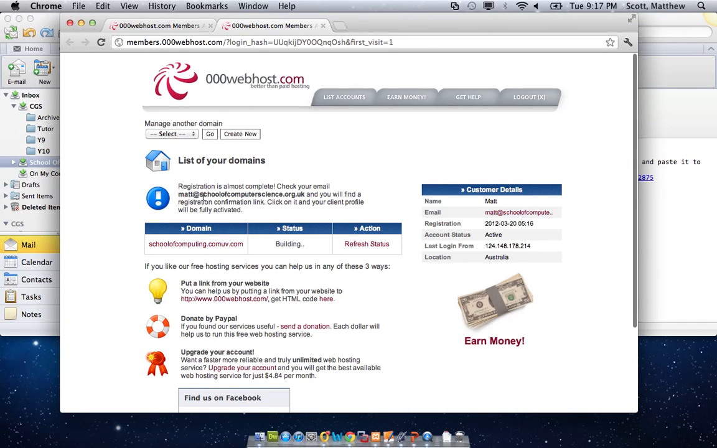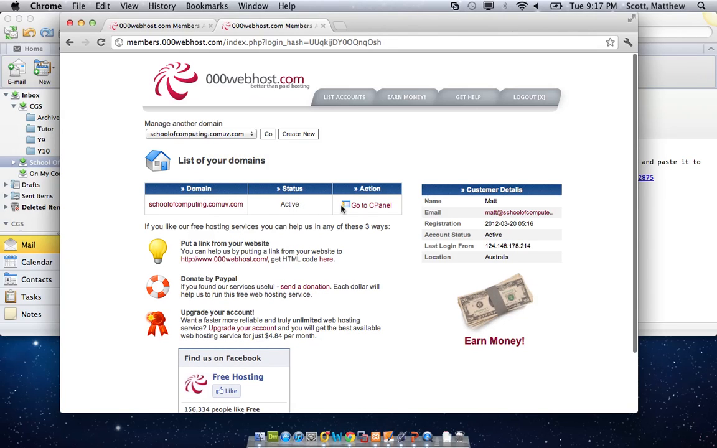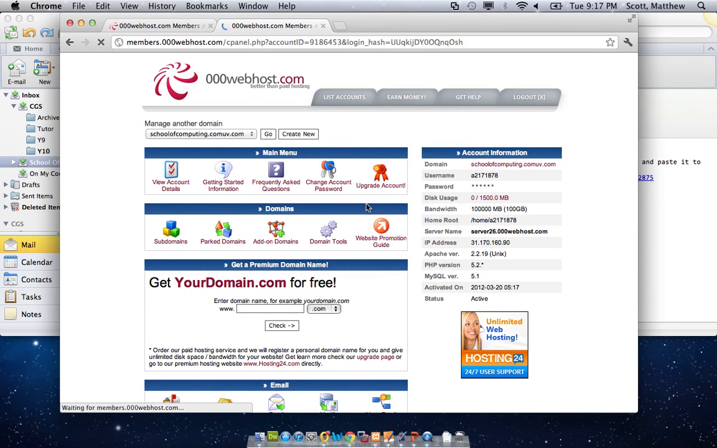and now it says that the registration is almost complete. Check your email. I've done that, and you'll find the registration code. Click on the link and it will be fully activated. However, now it says that my status is building, which means they're currently building my site, and now it is active, so I can now go to the cPanel. So if I click on the cPanel, we're now going to see all of the things that I talked about within the